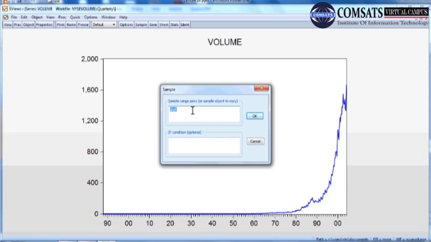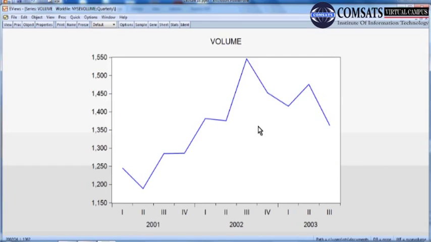For example, I say it should be 2001 Q1 space 2003 quarter 3. Let's see how the graph looks if I click OK. So it has been reshaped for only 3 years, 2001, 2002, 2003.